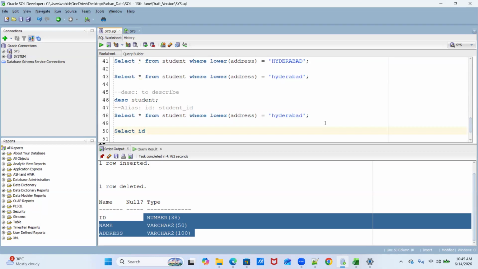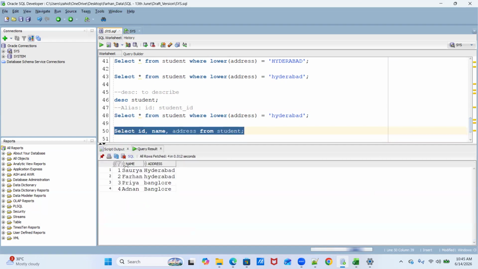So what I was telling, for the ID column, what you can do, let's say we have these three columns. Now in the output, if you see, we have ID, we have name, we have address. But you want the ID column changed only for display purpose. Again, let me clarify.